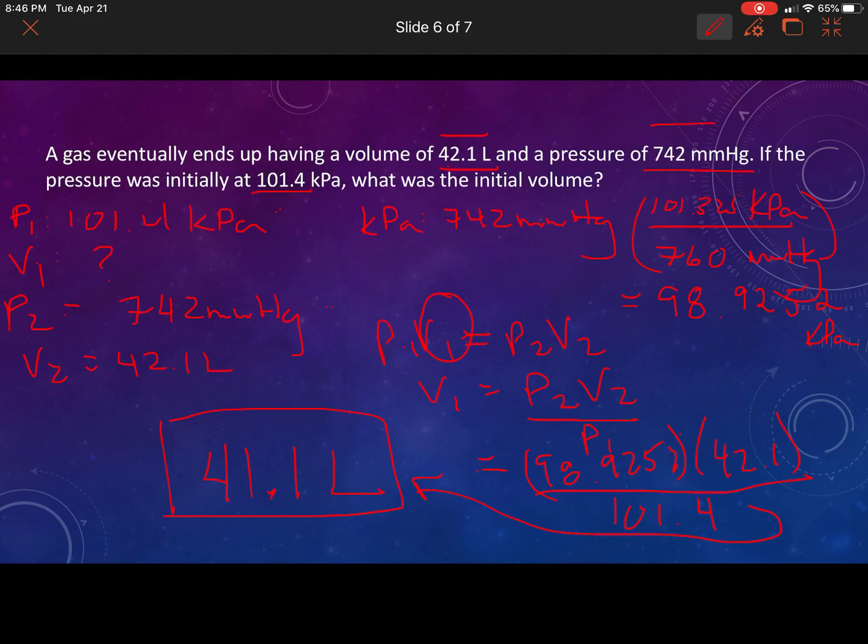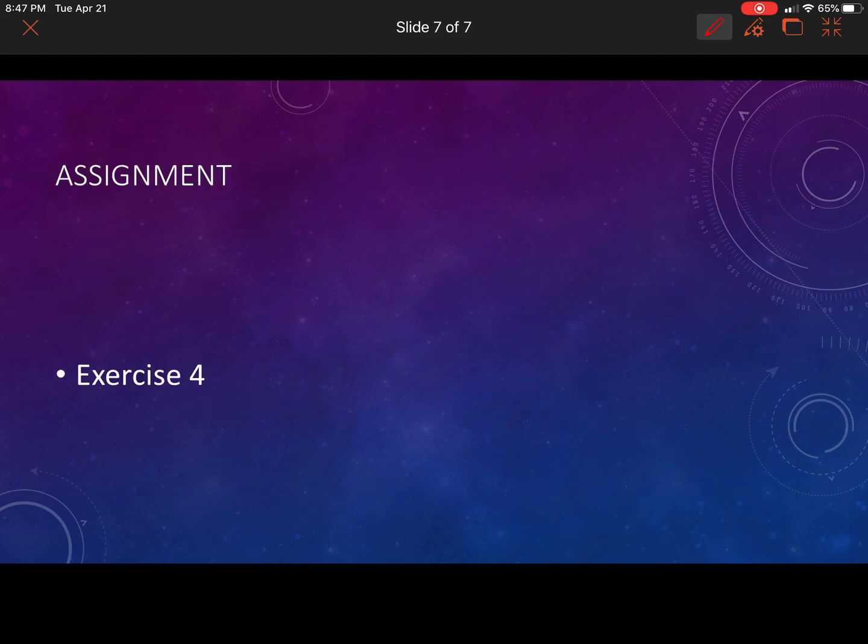Now, these problems are all the same. They're very similar. You're always going to be given 3 of the variables and you solve for the 4th. So fairly straightforward that way. There are a few tricks just in how the questions are worded. So the math is simple. The wording of the question can be difficult for people, so that's what you need to practice. You have the answer key for this already, so please work through them. Your assignment is going to be exercise 4 in the work exercise package there. Again, message me if you're having problems and we can